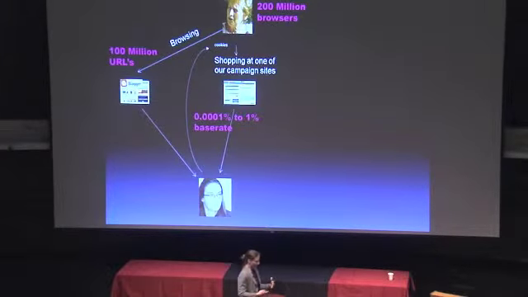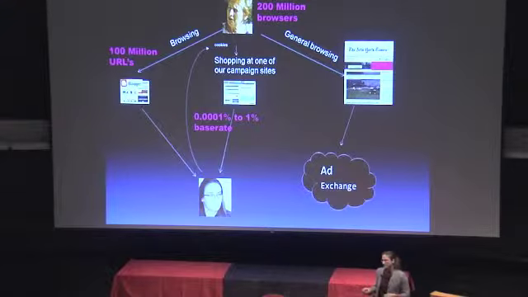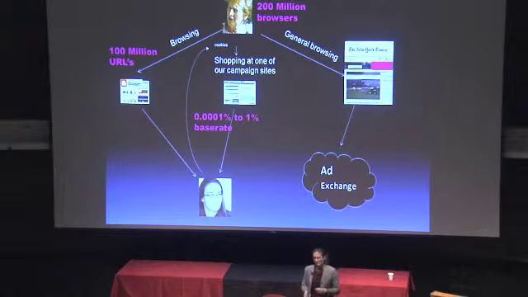How do we make money? What is the actual service we provide? As people continue browsing, they may get to a site that has a slot for display advertising. And more and more, a large percentage of these slots are sold programmatically, which just means that there is a real-time auction while the page loads, where the opportunity to show you an ad is sold off to the highest bidder, and there are plenty of us, through an advertising exchange.